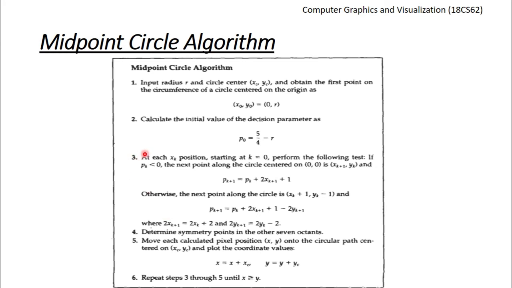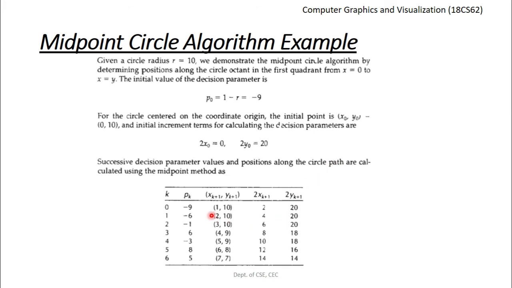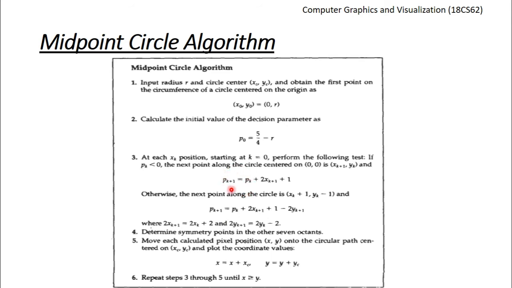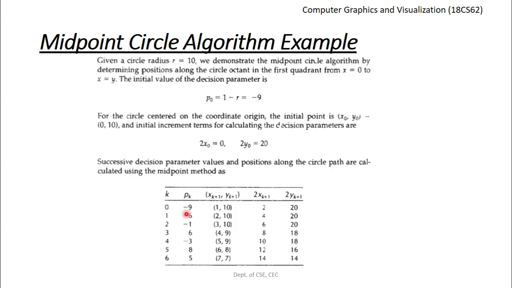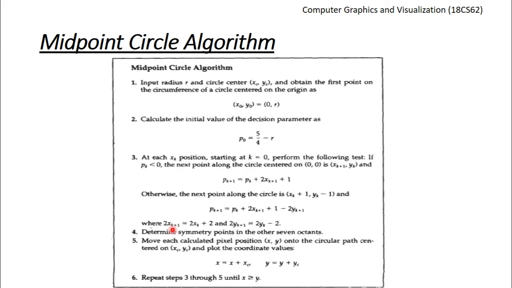What is the next step as per the algorithm? Again, check whether the value of p1 is negative. Is it negative? Yes. The value of p1 was minus 6, so it is negative. Again, increment x by 1. So from 2, we are going to increment it by 1, that will be 3, and retain y as it is, and compute the value of the next decision parameter. What is the next decision parameter? The value of k will be 2. So the next decision parameter, p2, that is p1 plus 1, will be pk, the previous value of the decision parameter, that is minus 6 plus 4 plus 1, that is going to give us a value of minus 1.